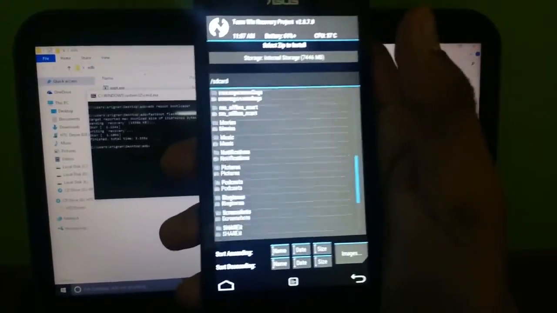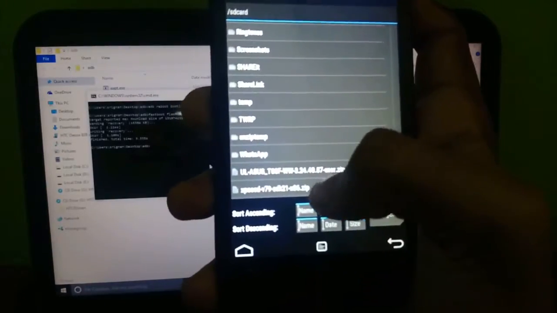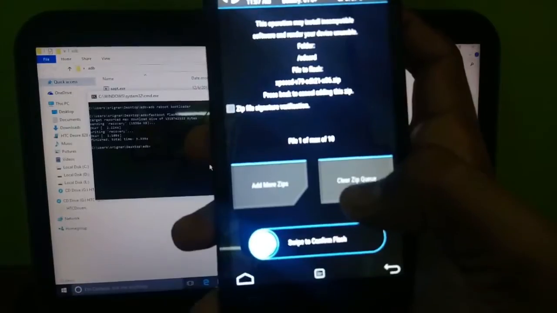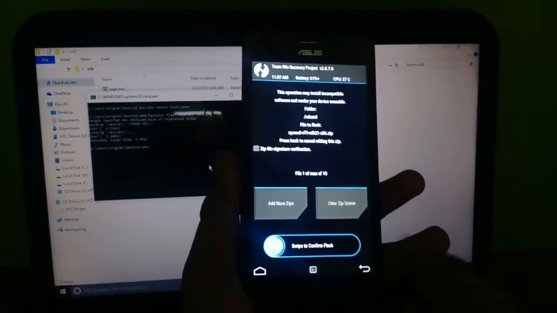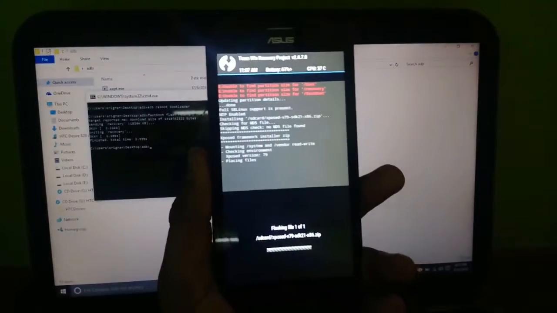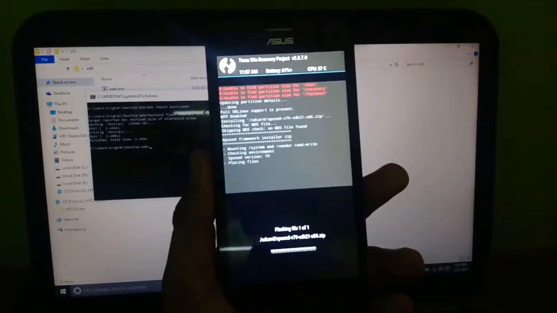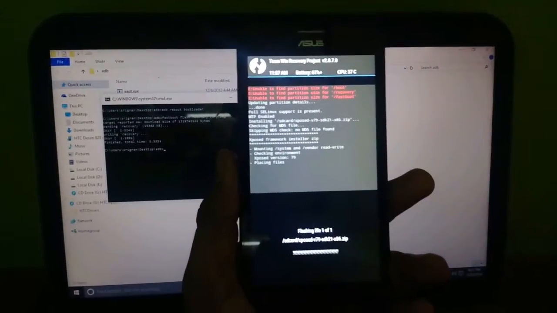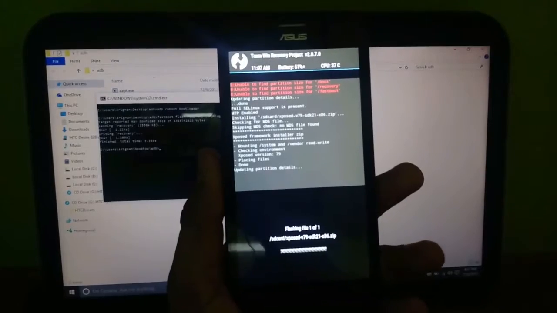Now as you have copied Xposed to the internal storage, please open the zip file and swipe to confirm flash. So guys, Xposed is actually getting flashed, so please be patient.